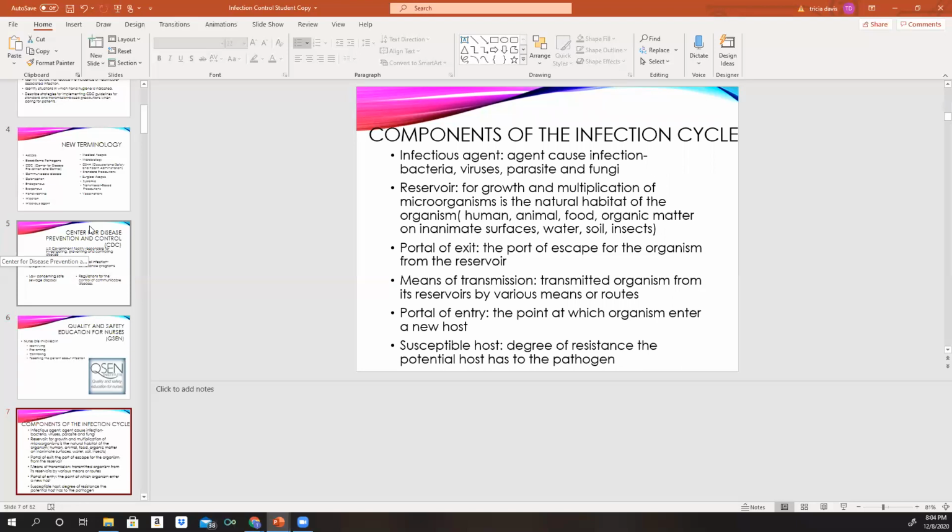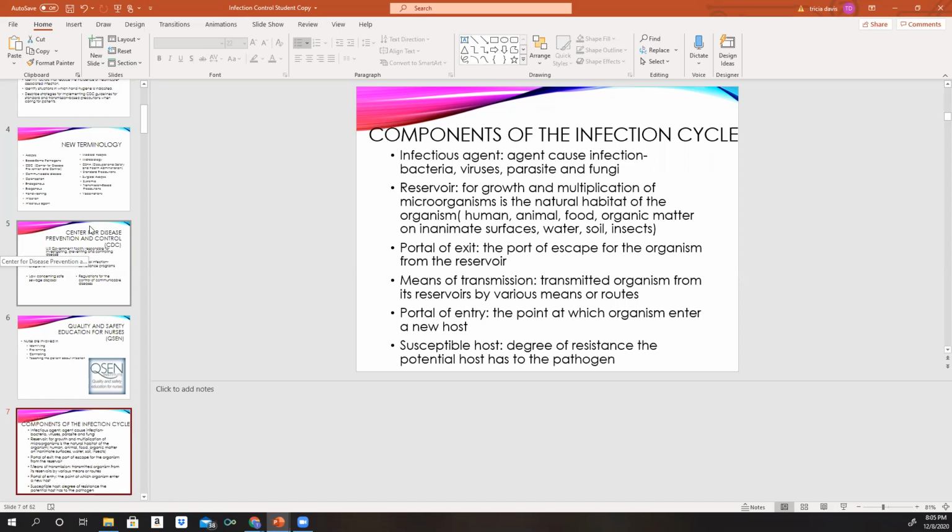So we have the infectious disease, which is the agent that causes the infection. It can be a bacteria, a virus, a parasite, or a fungi. Then you have your reservoir. The reservoir is for growth and multiplication of the microorganism. So wherever it goes, this is where it grows and it multiplies. It's the natural habitat of the organism. So it could be a human, an animal, food, any kind of organic matter on inanimate surfaces, water, soil, insects, they